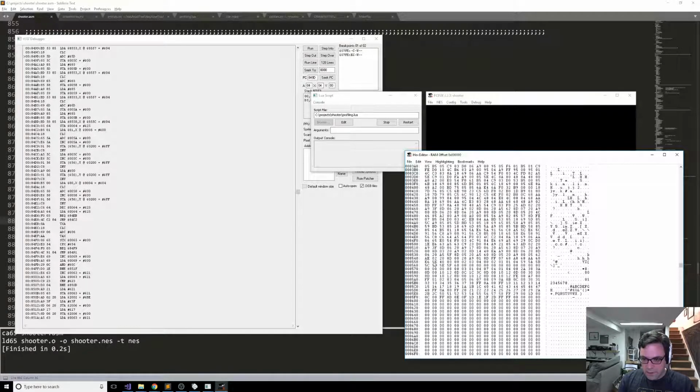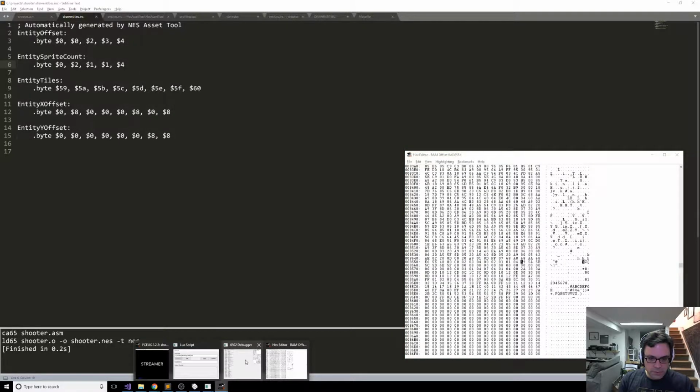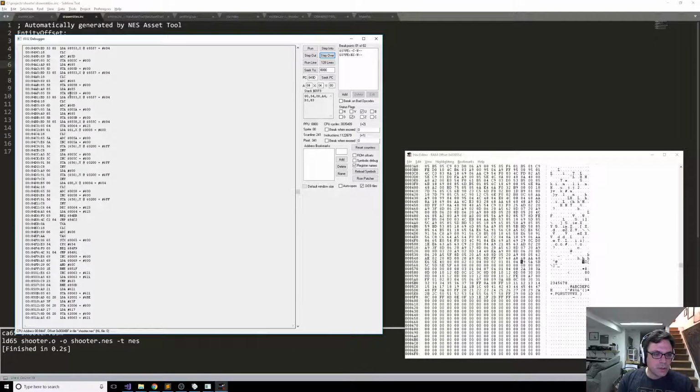This does look like tile data. Let's see. 59. Yep. So this would be FE D. So that's actually reasonable. That's good. So, all right, the debugger is adding 5D